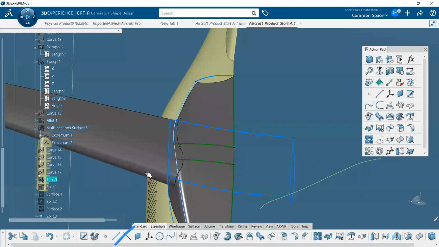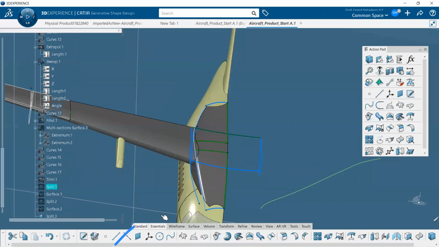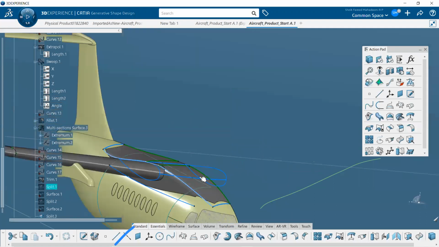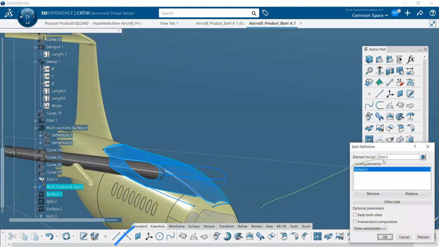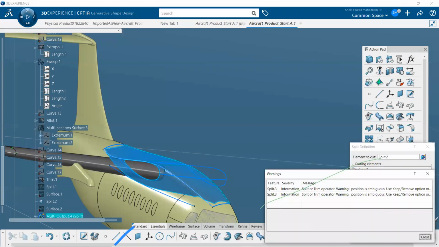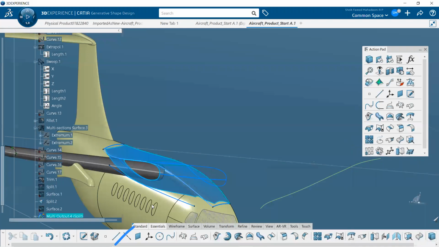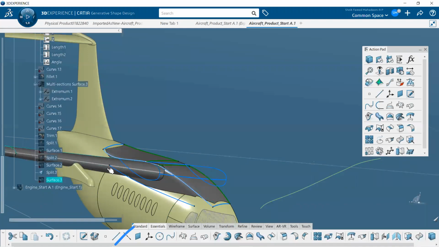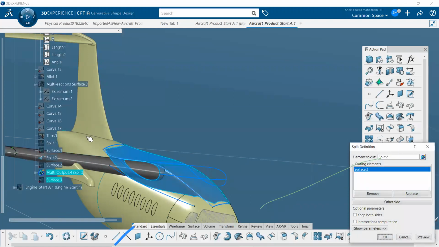Finally, after completing the trim, I need to join this upper fairing and the wing over the surface of the aircraft. So I used the split option. First I split the trim from the front side of the aircraft. Then I used the same split for the middle side of the aircraft. Then I used another split to complete the back side of the aircraft. Now the upper fairing is over.